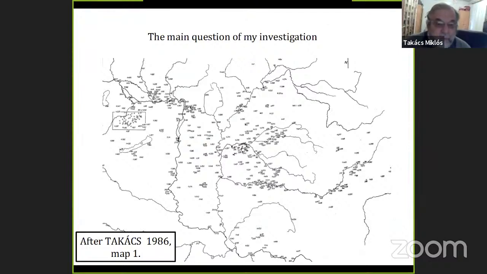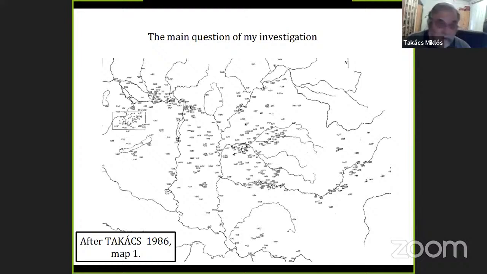As you see, all these black and white dots do not show much of these regional trends, and it was the question for me how this status can be amended with new data. And we should know that the cauldrons I had to work with were, let's say, approximately 200, which were not only tiny fragments of rim, but whole vessels in fragments. But now their number is at least 2,000. But even more, because there were very big infrastructural works after the 90s, and very many items were found. So the main problem is their contextualization,